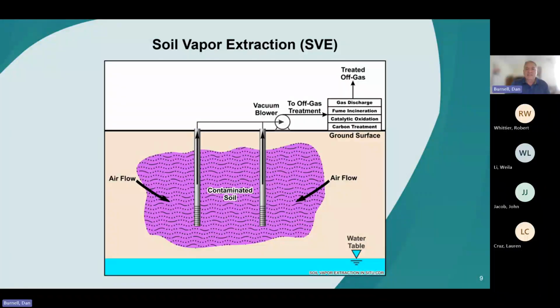Vapor extraction. It's sometimes called SVE. And so this is usually used to treat contaminants that are trapped above the water table in the unsaturated zone. And so this colored area here is impacted soil. And so what soil vapor extraction does is it pulls the air out of the subsurface using a vacuum pump. And so as it pulls the air out, these chemicals, and this is typically for chemicals that vaporize and are volatile, like benzene and trichloroethene, and so as we pump the vapors out,